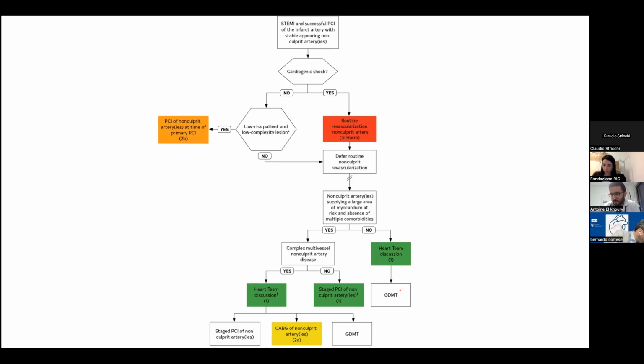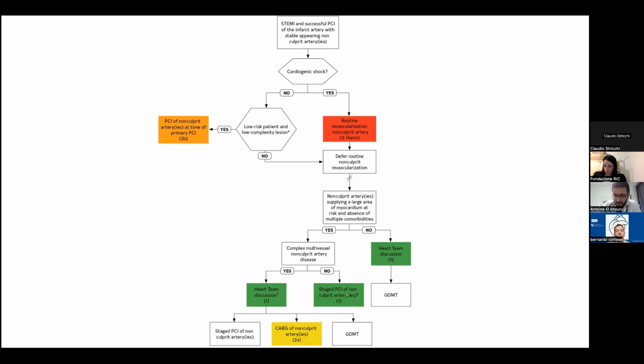We don't need to stent the vessels, especially if the vessel diameter is so small. It's a risk also to put a stent in a small vessel. We can just do medical therapy, depending also on the echo results, on whether the wall of the myocardium is affected or not. If the vessel is large, so here, and is giving blood to a large territory of myocardium, then we need to do complete revascularization with a stent or with